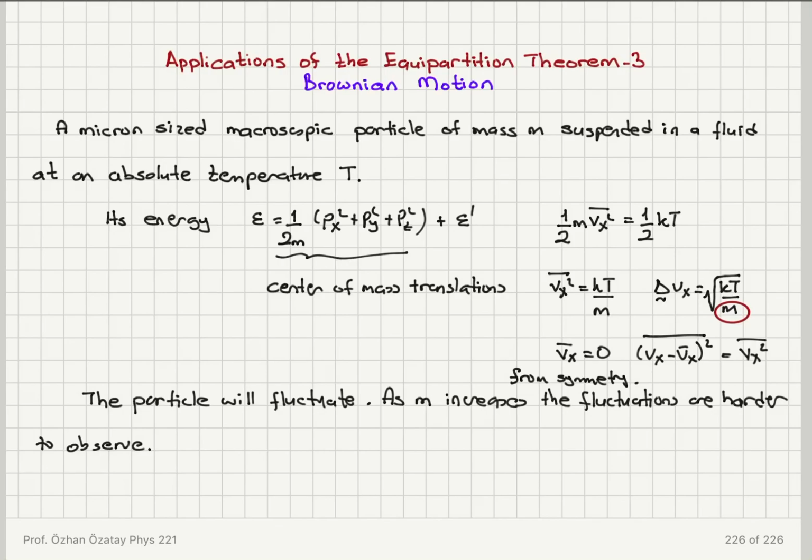So the standard deviation is the square root of that, square root kT over m. So as a result, as the mass of the particle increases, the fluctuations become harder to